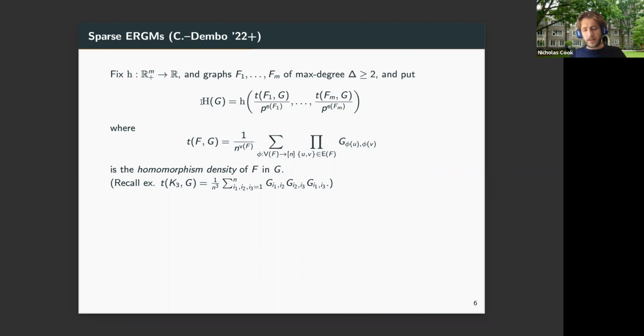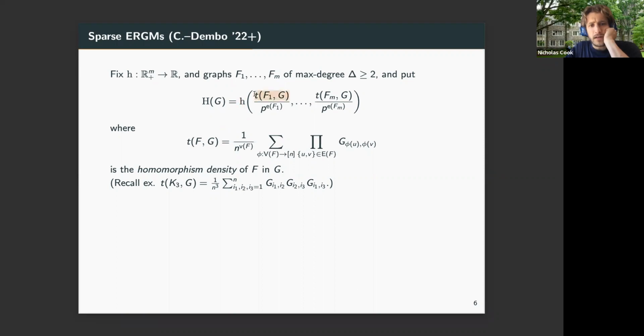From a practical standpoint, it was nice to have linear combinations of subgraph densities, because then these were sufficient statistics for the model parameters. But our arguments work just as well if you have any sort of function of a collection of subgraph densities. The only important thing is that it not grow too fast. So we have some fixed function h on R^m,